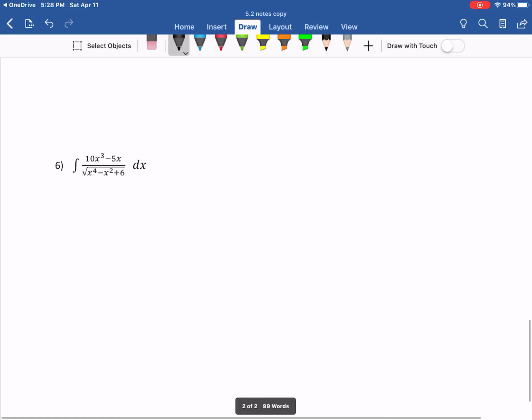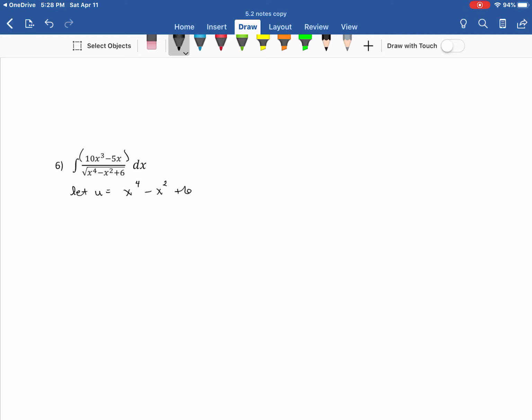Number 6, here we go. So I'm going to say that u should be x to the 4th minus x squared plus 6. How did I know that? Well, if it's not that, what else would it be? Maybe the top part? Okay. If it's the top part and you take the derivative, how's that going to work with your substitutions back in for u? Whereas if I let it be the piece that I've written down and I take the derivative, I would get 4x cubed minus 2x